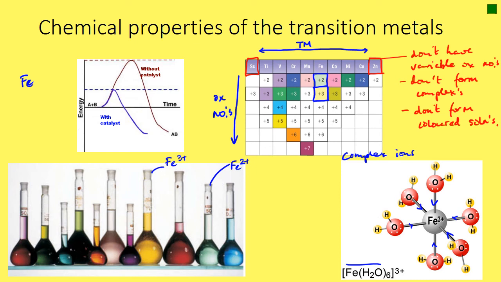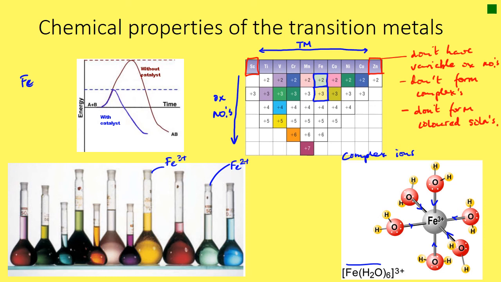So thirdly, they act as catalysts, and I've given you an energy diagram here with a high activation energy without a catalyst and a lower activation energy for the pathway with a catalyst. And transition metals are often used as catalysts. So for example, iron is used in the Haber process, you'll remember. So they're good catalysts, and that's also down to the fact that they have incomplete D sublevel when they form